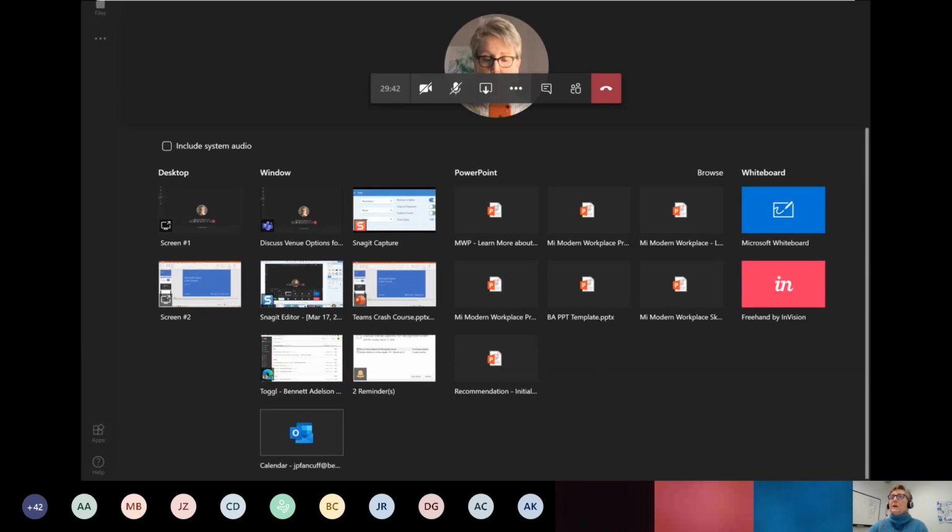If you share a PowerPoint in a Teams meeting, it's pretty cool. You get some controls right inside the meeting to advance slides, and the individual participants. You know, if you've ever been in a meeting and somebody keeps saying, "Could you go back to that last slide?" The nice thing about sharing a PowerPoint this way is that people can do that themselves, and then there's a button for them to sync up with where you are in the presentation. So that might be something you want to look into.